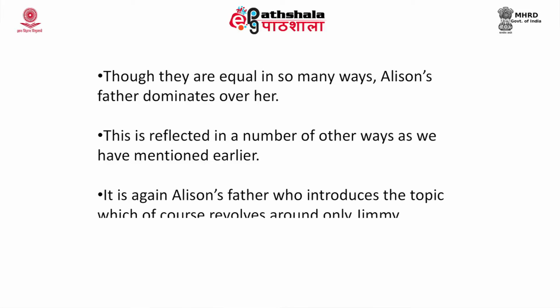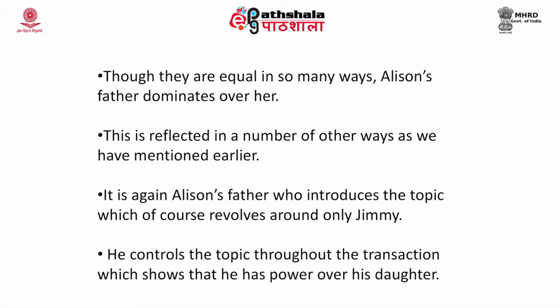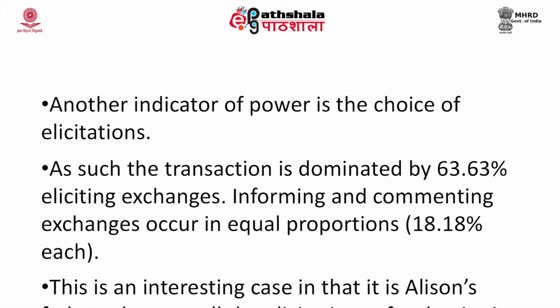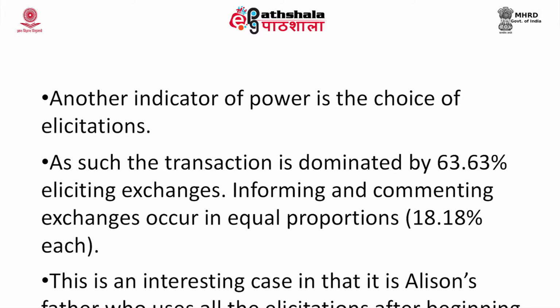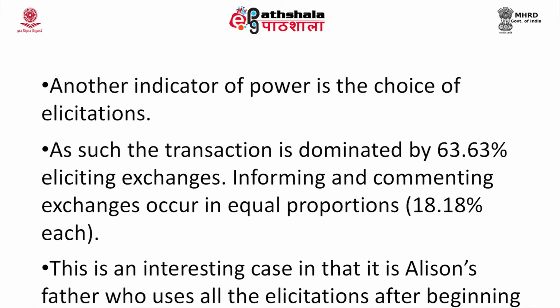It is again Alison's father who introduces the topic, which of course revolves around only Jimmy. He controls the topic throughout the transaction, which shows that he has power over his daughter. Another indicator of power is the choice of felicitations. As such, the transaction is dominated by